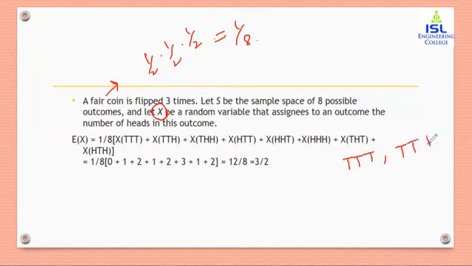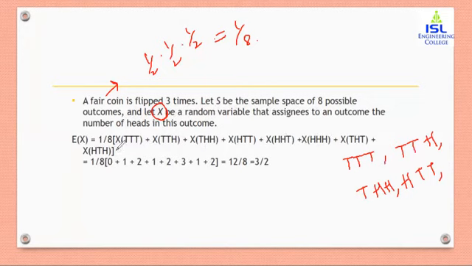You will get all tails, 2 tails 1 head, 1 tail 2 heads, head and 2 tails, etc. So there will be a total of 8 scenarios: 1, 2, 3, 4, 5, 6, 7, 8. Now, what is the random variable that you are assigning? The random variable is assigned in such a way that you assign the number of heads. So for 0 heads, you assign the value 0. In this case, you have 1 head, so you assign the value 1. 2 heads, 2. In this case, you have 3 heads, and you assign it in this way.